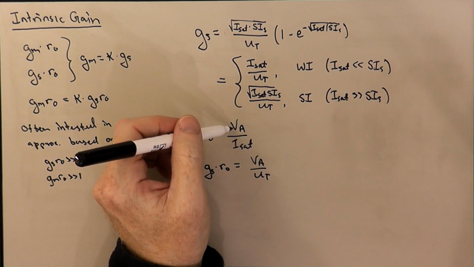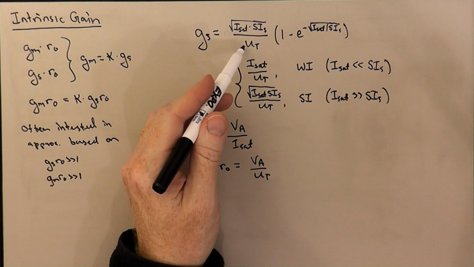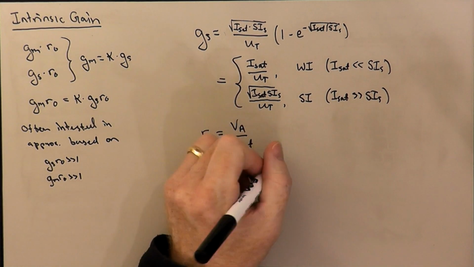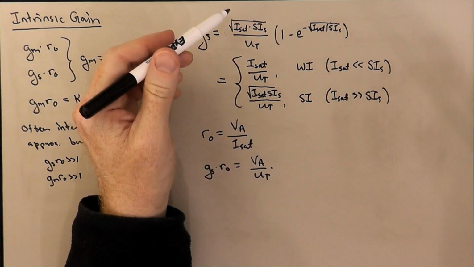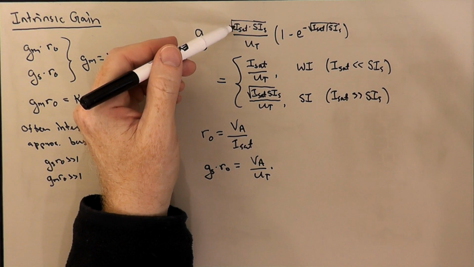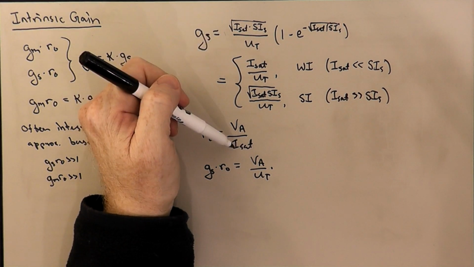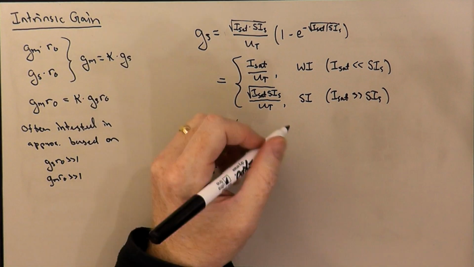Let's get the VA from RO and the 1 over UT from GS times, well, we get the square root of I sat upstairs, and we've got a 1 over I sat downstairs. We're going to get the square root